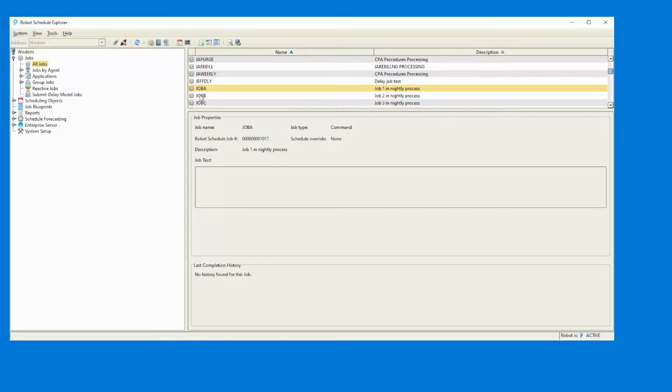So I've got three jobs here, job A, B, and C, which are the three steps in my nightly process. Job A needs to complete and complete normally before job B runs. Likewise, job B needs to run normally and complete before job C. So to set up a nightly job stream, for instance, with these three jobs, using reactive jobs or job dependency,